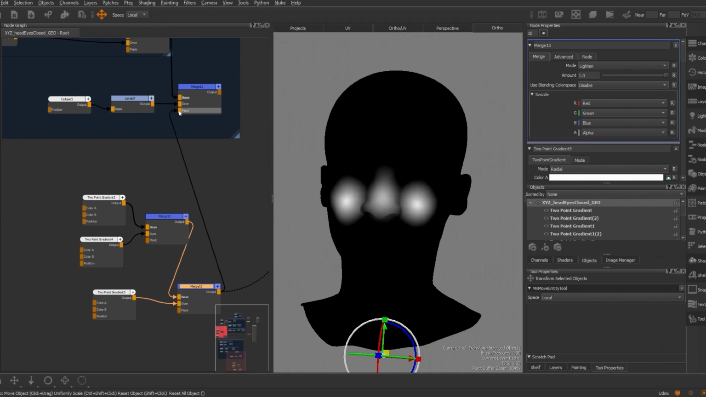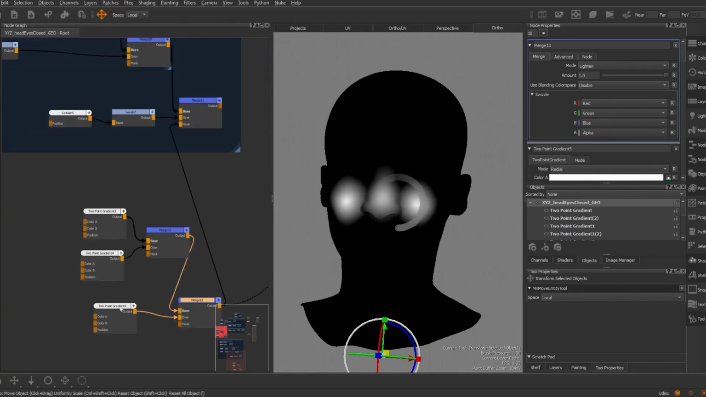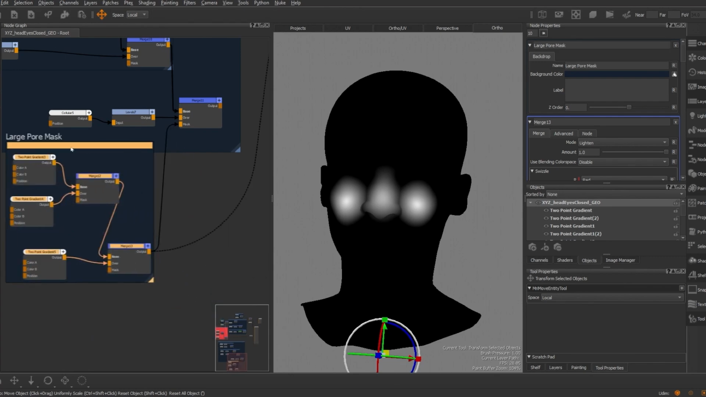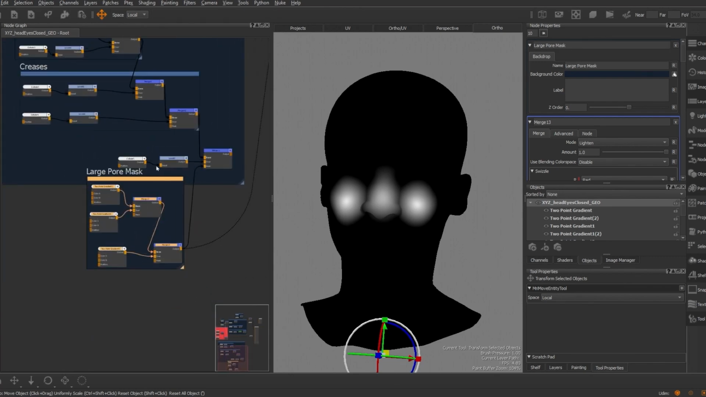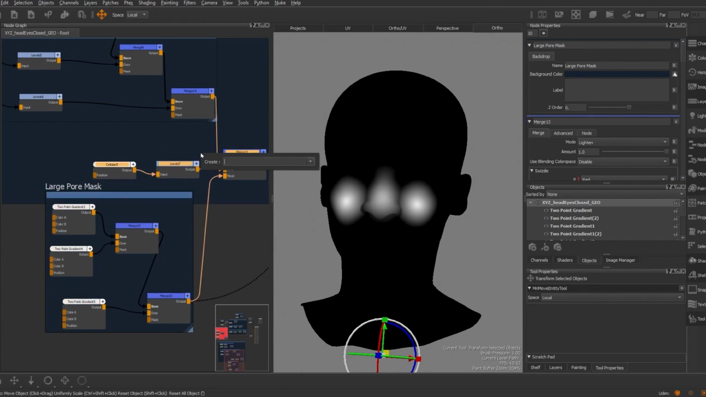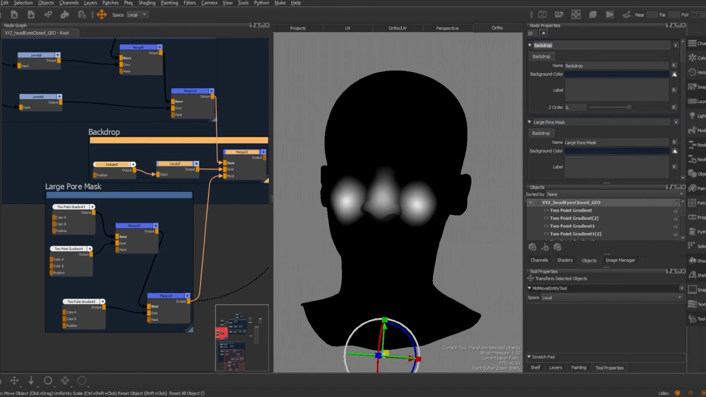So we're going to take that output and plug that into the mask of the large pore section that we made previously. Now we're going to select all of the nodes that we just made, and create a backdrop node to stay organized. We're going to title this Large Pores Mask. And then we're just going to move this up, and we're also going to select the large pore nodes, and do the same there, and create a backdrop node